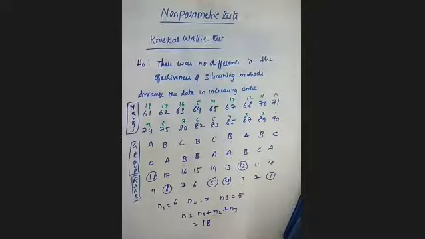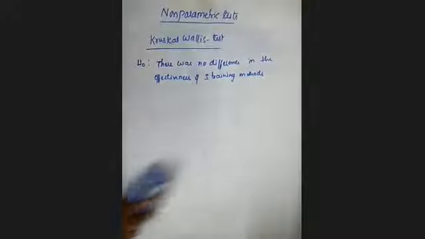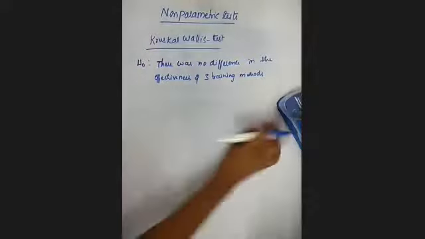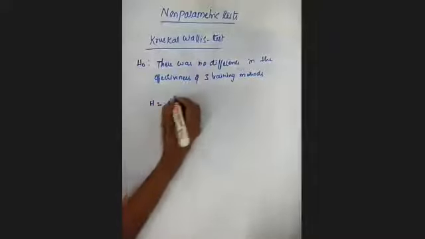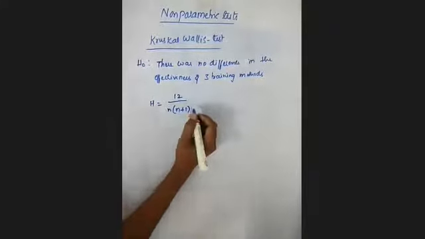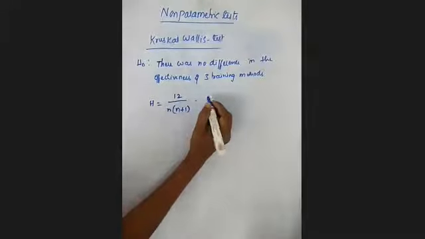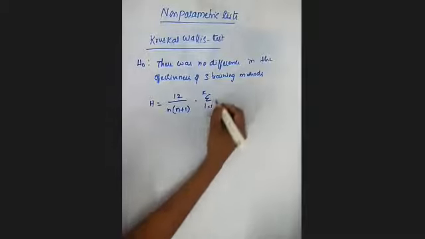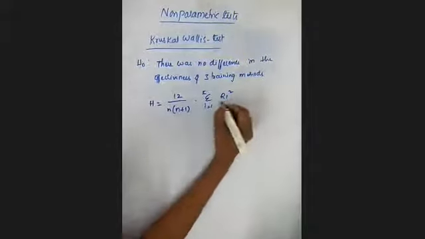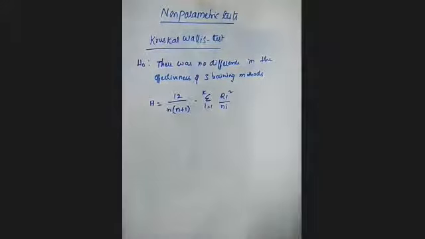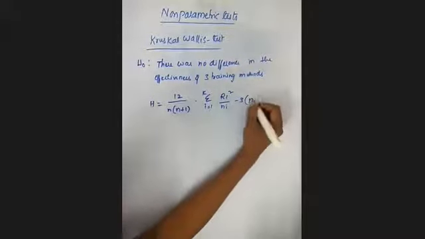Okay, to test the hypothesis using this Kruskal-Wallis test, it is given by the formula, that is H is equal to 12 by N into N plus 1 into sigma, k, i equals 1, Ri square divided by Ni, minus 3 into N plus 1.